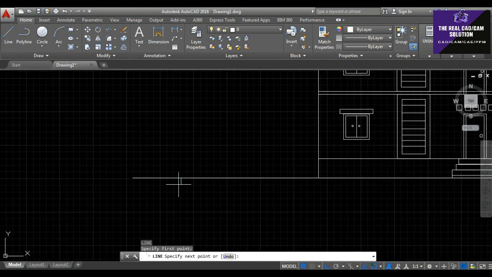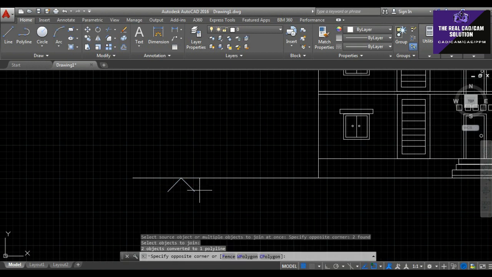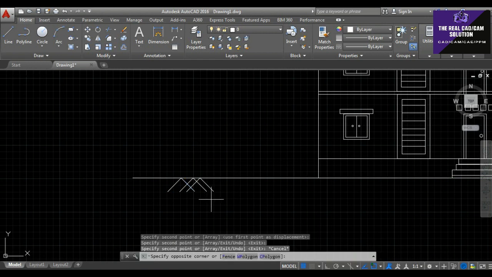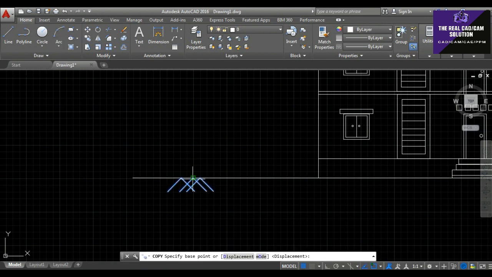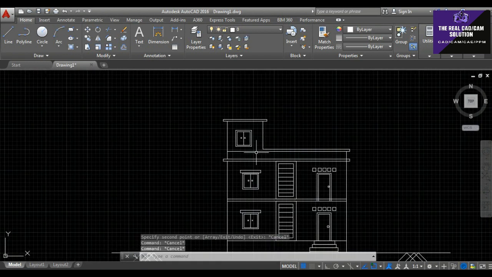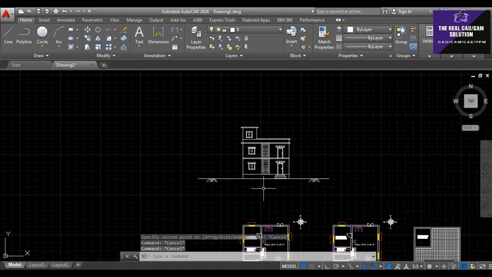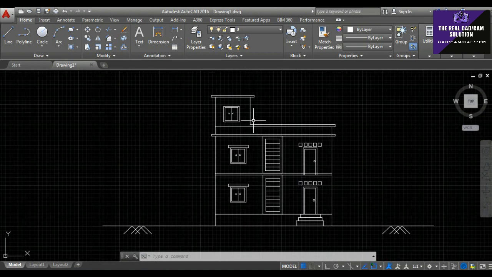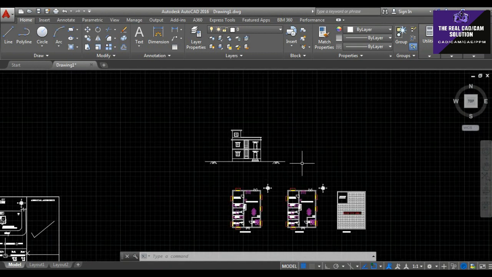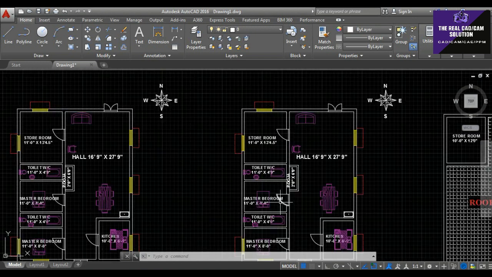I just make a ground floor area. I just show like this. Copy like this. Then go to copy this ground level symbol. Okay, it's ready to take the elevation of this. It's very nice. And here we're going to take a section area.